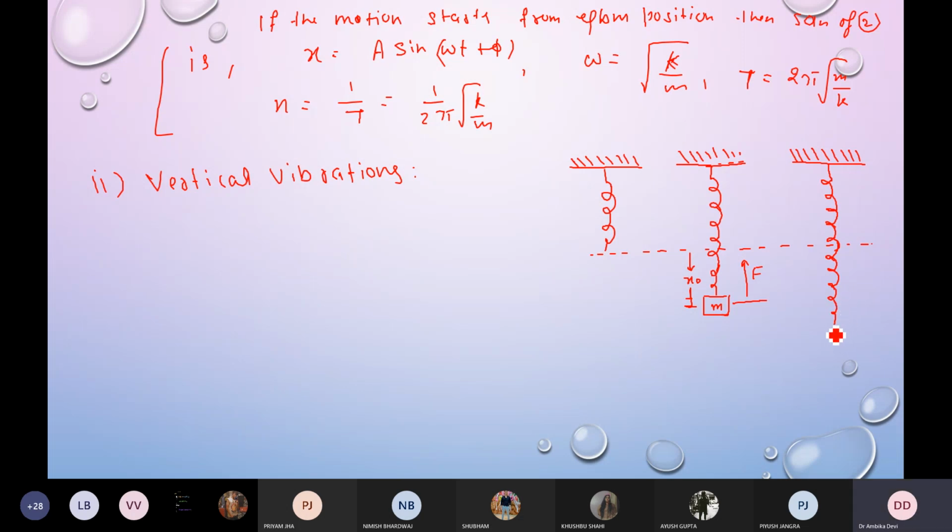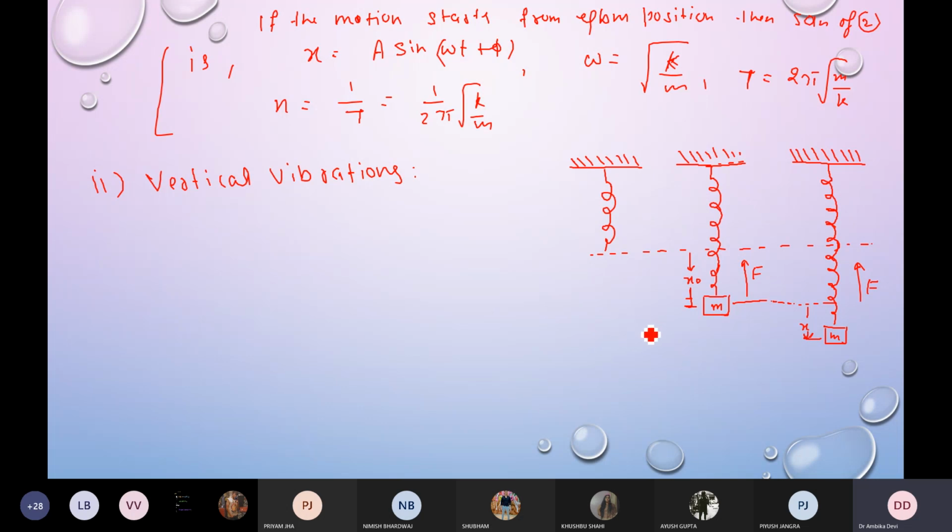So in that situation, this is the position of the mass. Okay, so if you compare it from here, this has gone down by a distance x because we are stretching it downward in order to set the system into vibrations. As a result, again the effective restoring force will be there, acting opposite to the displacement, right?